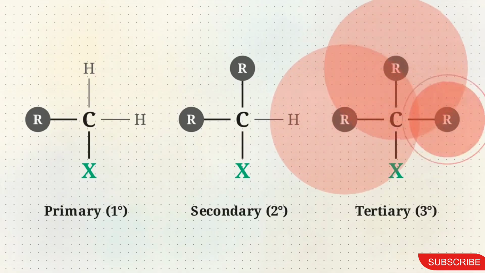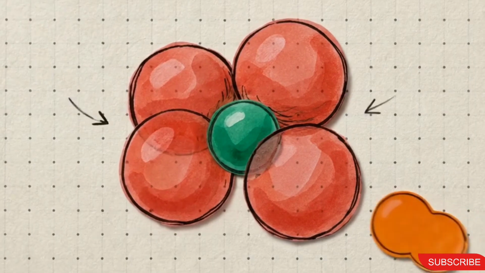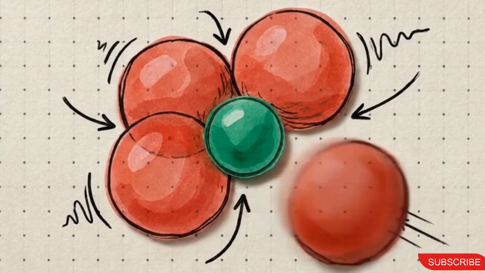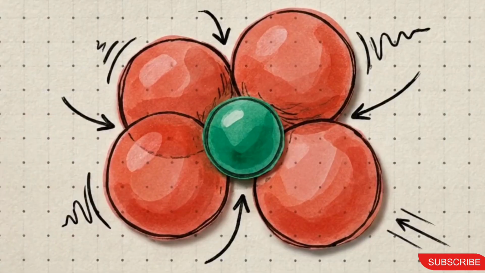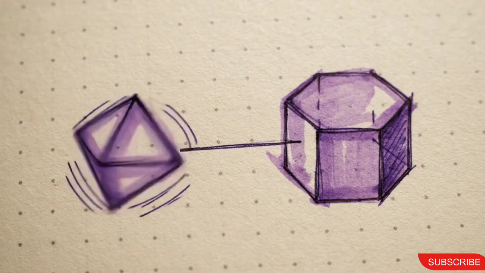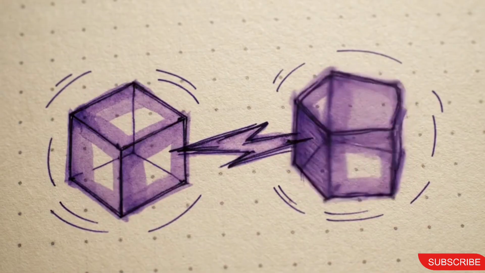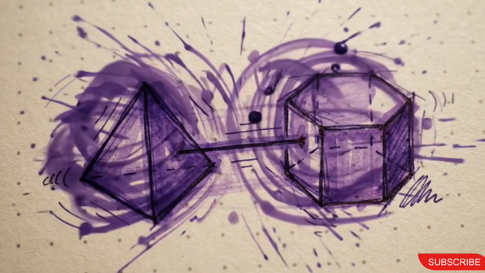This physical crowd around the anchor is called steric hindrance. Steric hindrance acts as a physical shield, determining how easily an outside molecule can reach the anchor to trigger a chemical change. The final layer of our algorithm's classification depends entirely on the invisible, underlying geometry of the electron bonds